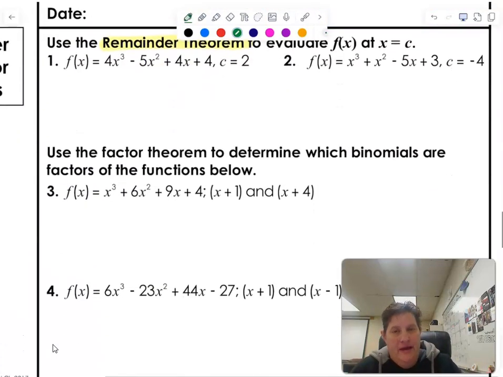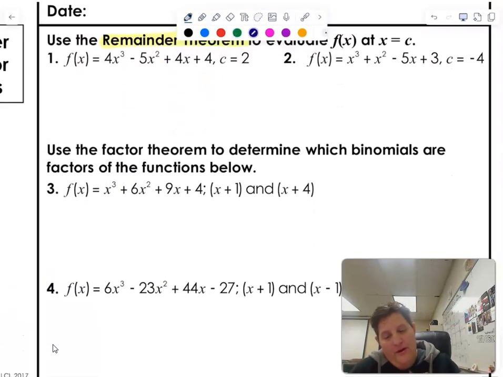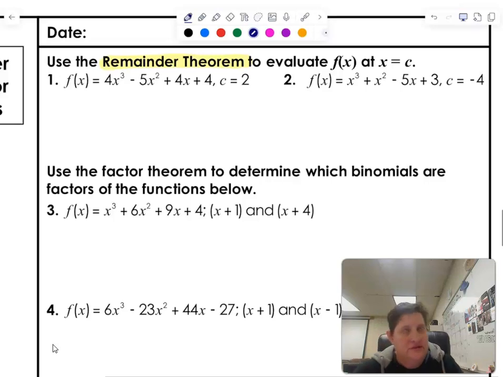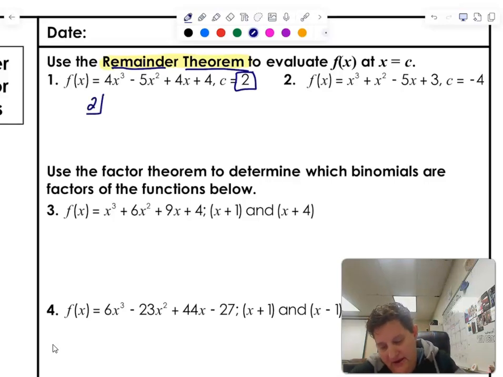Cool. Okay, guys, the next section, we are still using the remainder theorem. You just have to answer the questions a little bit differently, or we're still using synthetic division, I should say. The remainder theorem means I take this number right here. I don't have to change the sign because it just says c equals 2. It's not like a factor, okay? I take that number